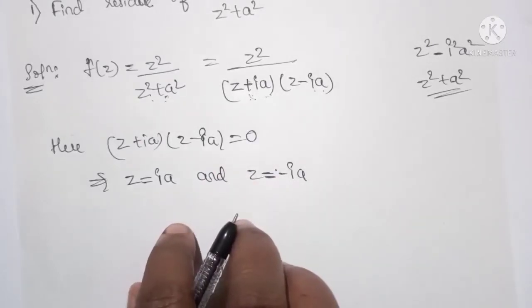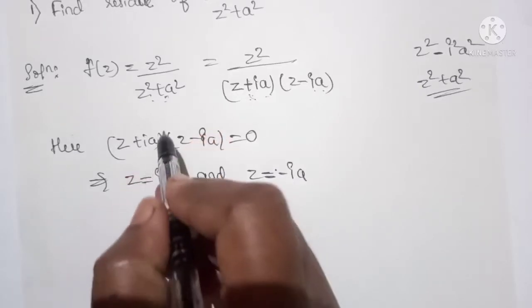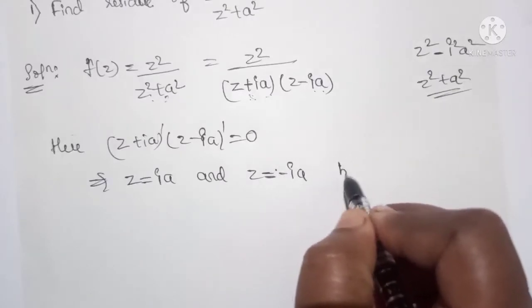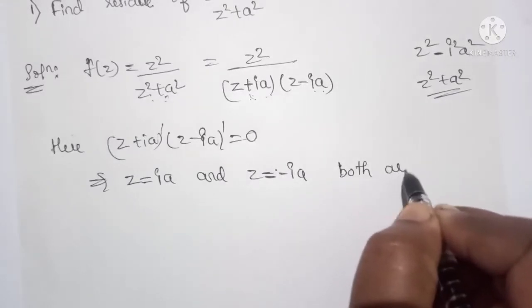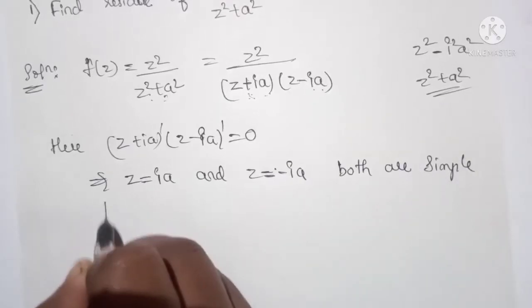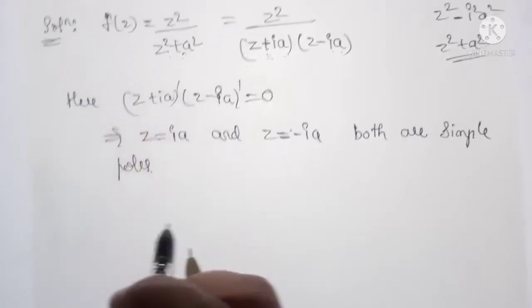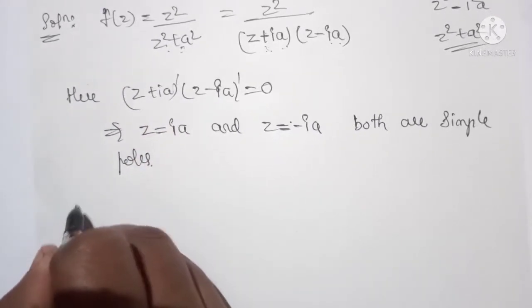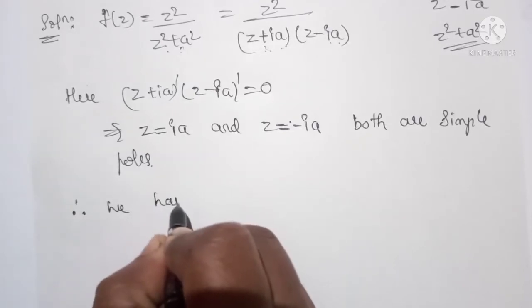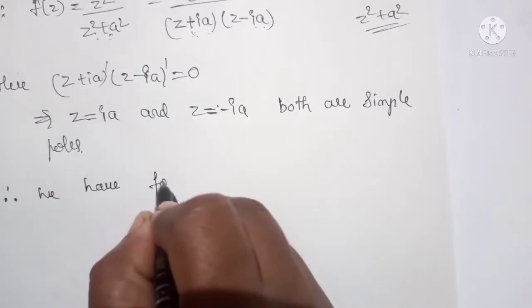Both are simple poles because here the power is 1, that is m equals to 1. So therefore we use the first formula, that is for a simple pole,